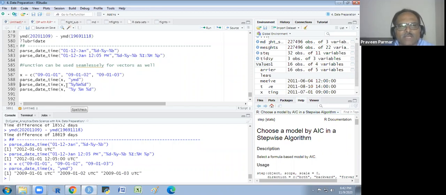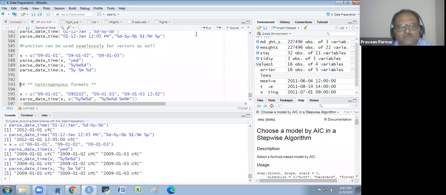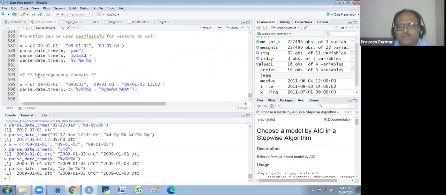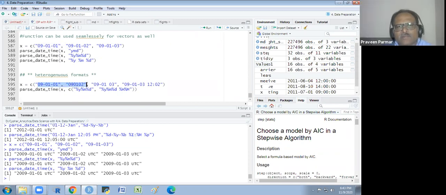And the parse that time X percent, this we could write also. So you see we are getting in this way. And we have YMD, in this way we could also get. We are giving some space, the same thing we are getting here. Okay. There are sometimes heterogeneous formats. Heterogeneous format means we are getting somewhere a hyphen, somewhere nothing, but they are all in the YMD format. So these are the YMD. We are telling that, okay, YMD format I am taking.